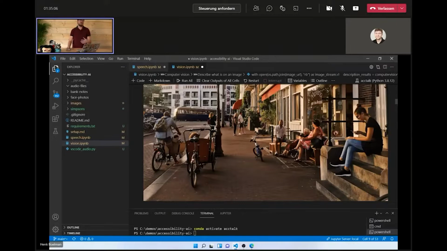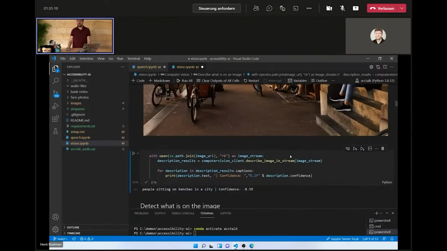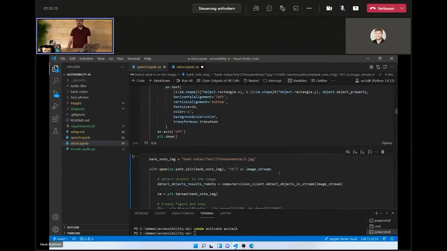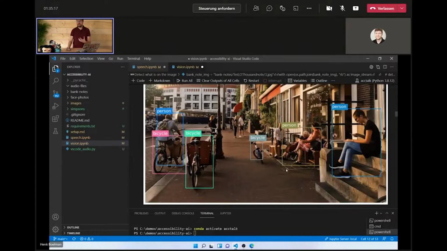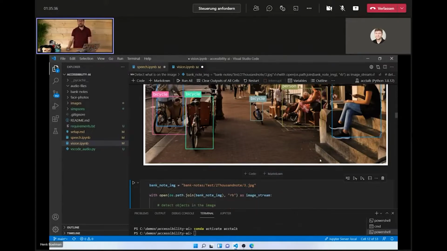So that is kind of what is on the image. It's a very general description. But it can do more. It can actually start recognizing objects and things in the image. So it sees a person, a bicycle, it sees our weird Dutch bicycles, children bicycles, sees some persons here and a person there. So now we have an even better idea of what is there. We see some persons and some bicycles. But